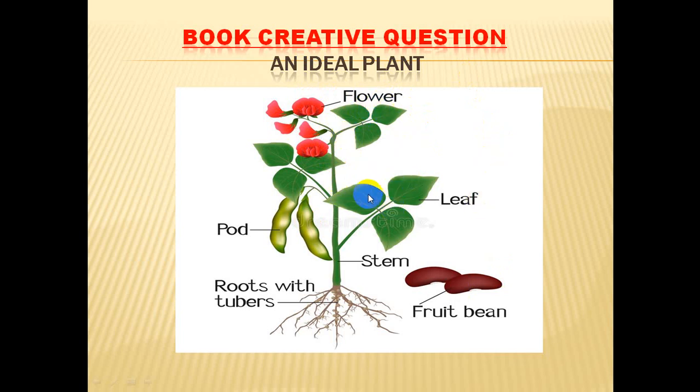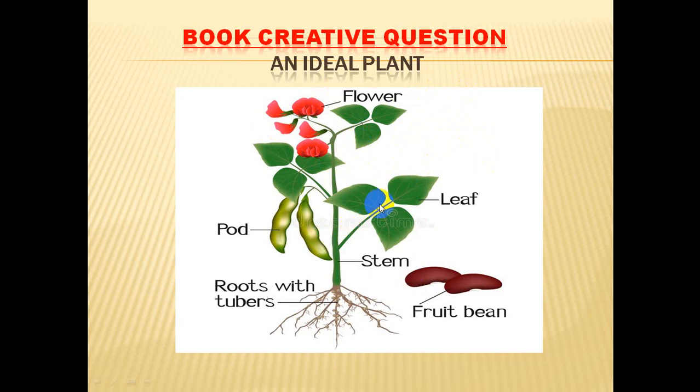For example, you can see the pictures. This is a flower. If the plant has a flower, definitely that plant is called a flowering plant. Students, can you say what is the actual definition of flowering plants? Yes, you are absolutely right: plants which produce flowers and fruits are flowering plants. Besides flowering plants, there are also non-flowering plants. Non-flowering plants are the opposite of flowering plants. Flowering plants can produce their food, and non-flowering plants cannot produce their food and flowers.